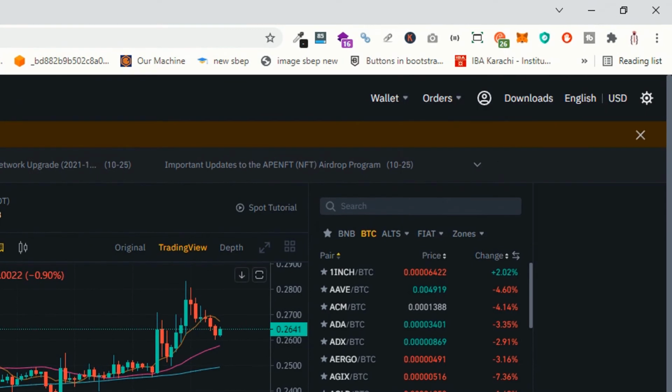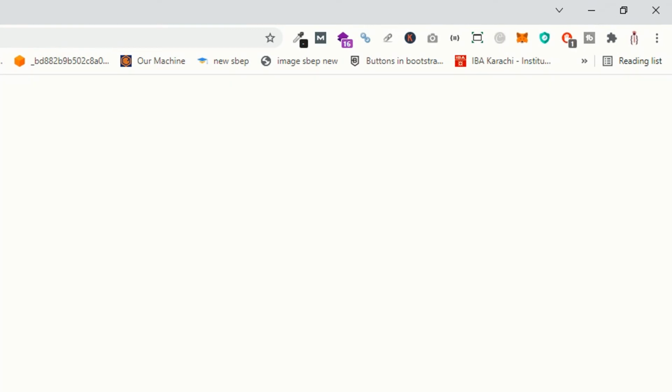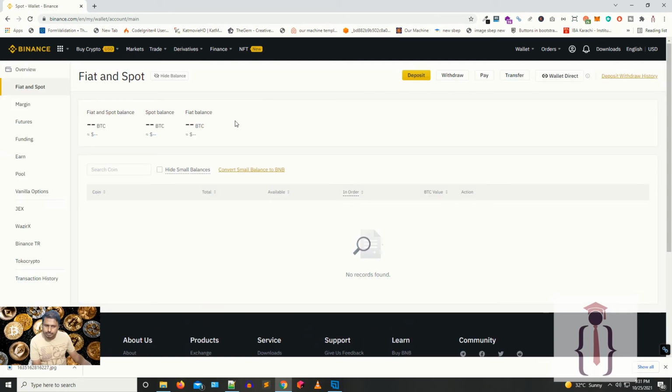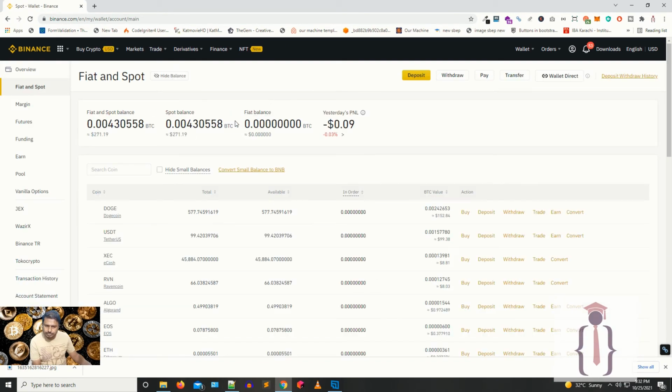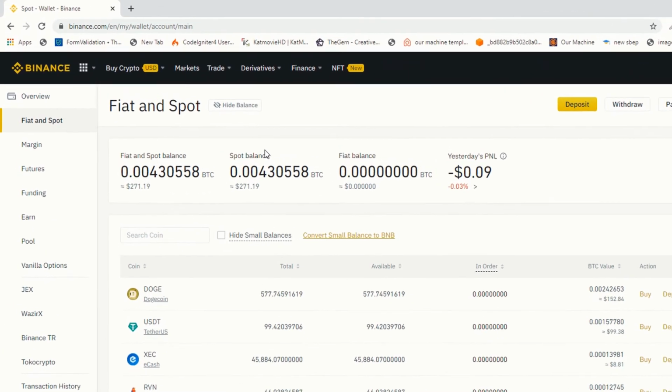That's it. Now go to the wallet, fiat and spot. Wait for a few seconds. Your Dogecoin is 577.